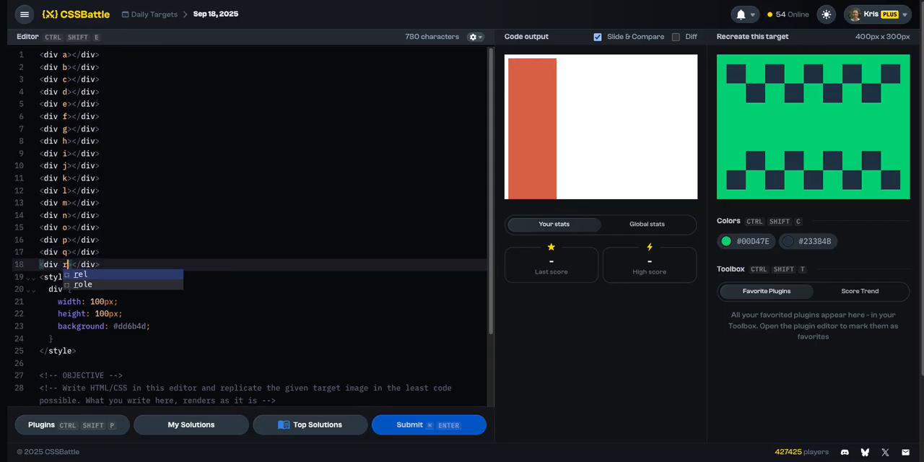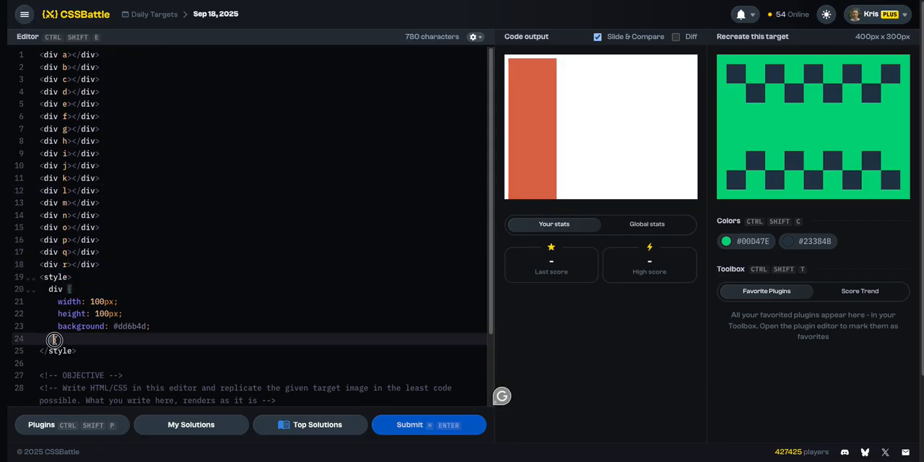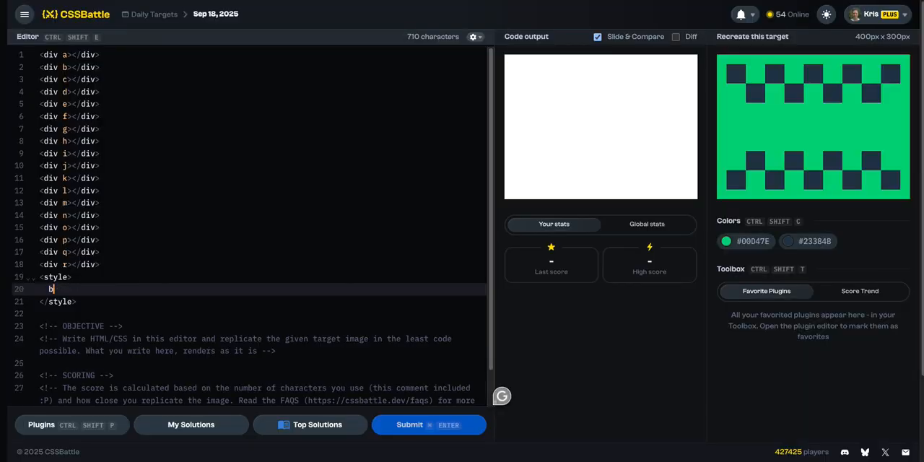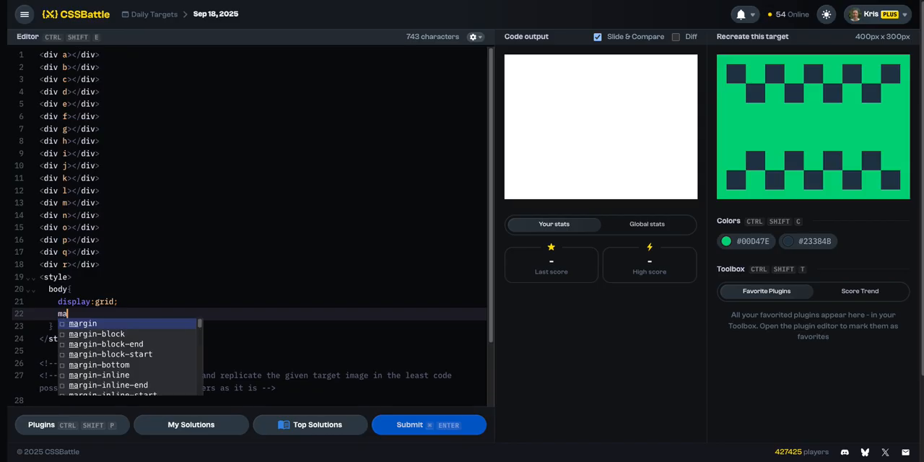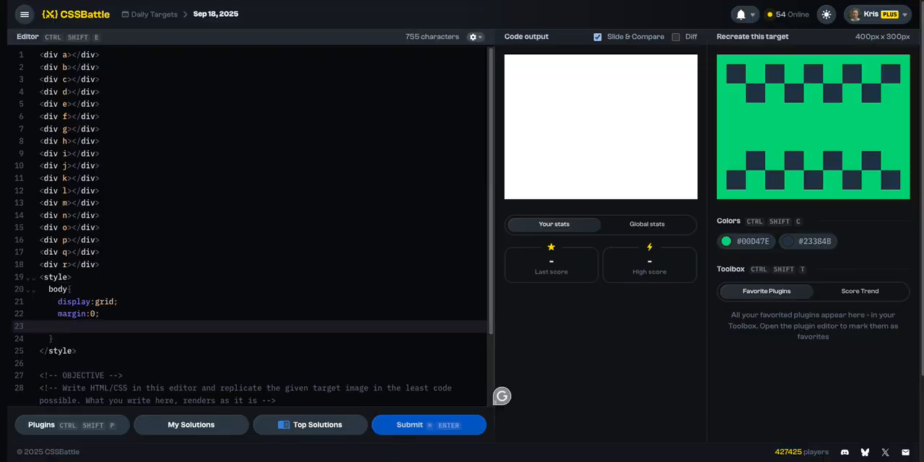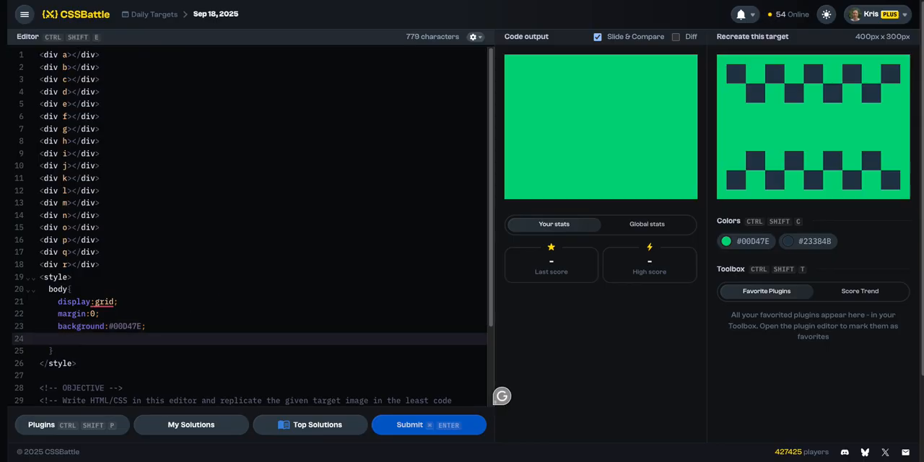All right, so now let's set the body to display grid, margin 0. We're going to reset the default margin in the background of this, and then we're just going to set up the grid template rows and columns. Alright, so I'm going to say grid template